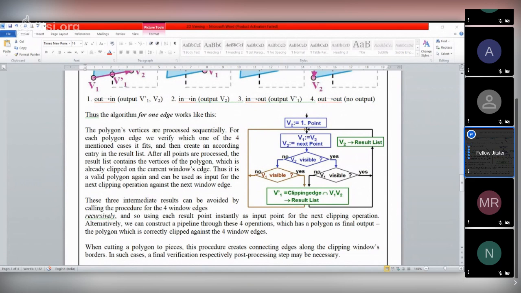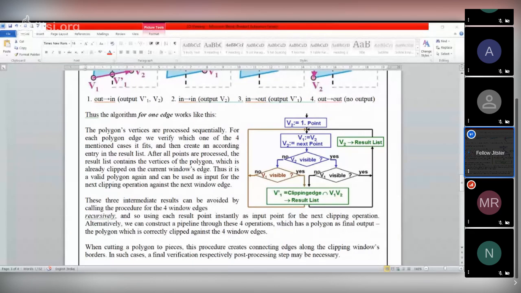After taking the V2 point, put this value of the V2 vertex in V1. Then assign a new V2 value. That is, assign the next point values in V2.